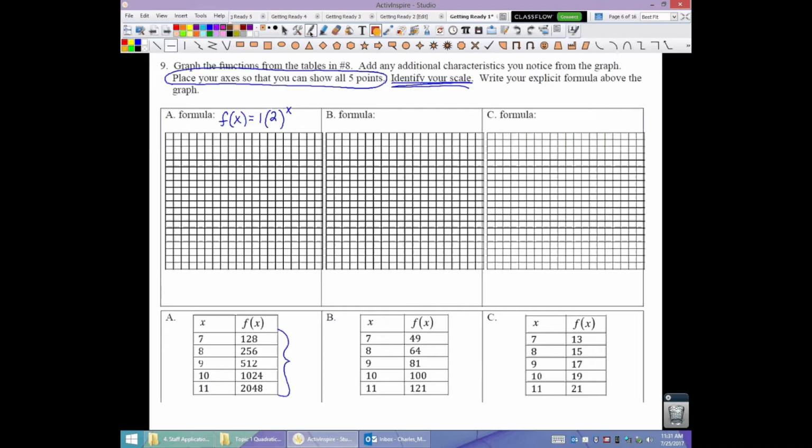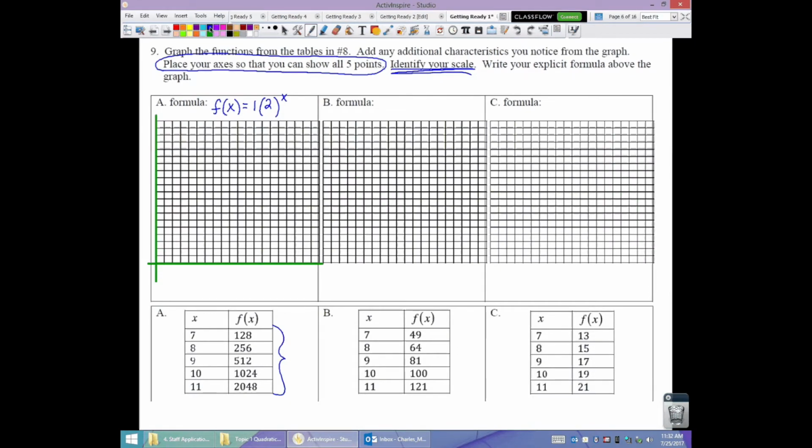So count by 120s, 125, 150, 200. Any of those would work. So I'm going to put my axes right along the edge. That's even a decision that you might not make for a problem later in this number 9. And we need to make sure that we are numbering our scales. The x's can be 1, 2, 3, 4, 5, up to 11 at least. If I count here by 125s, I need 7, 128,